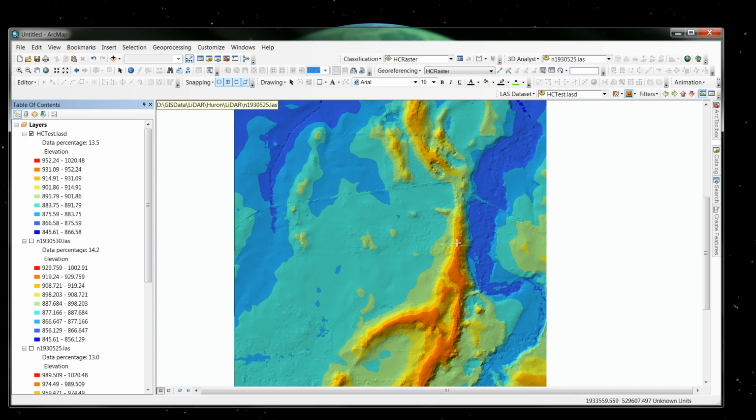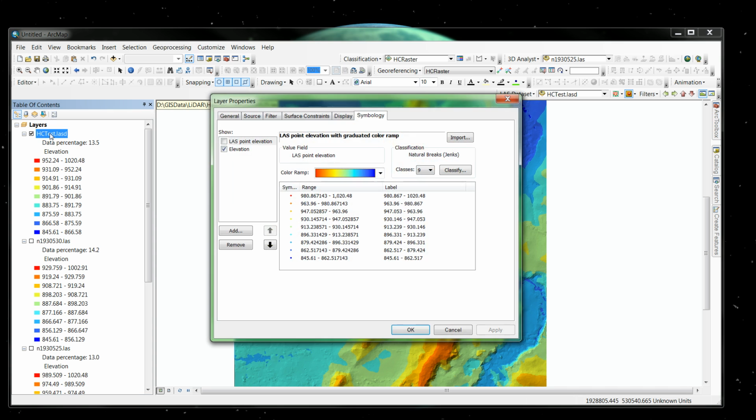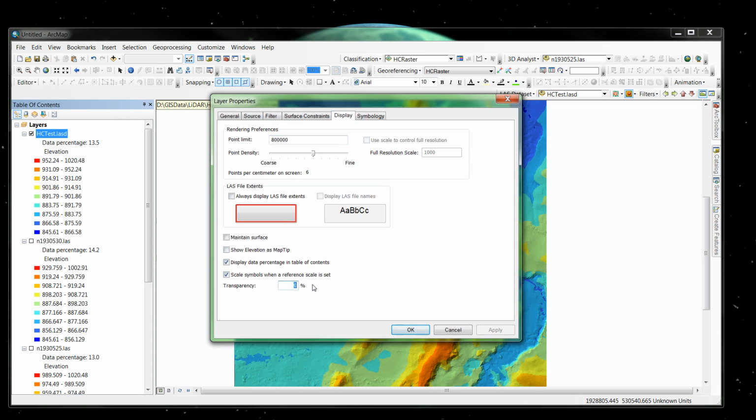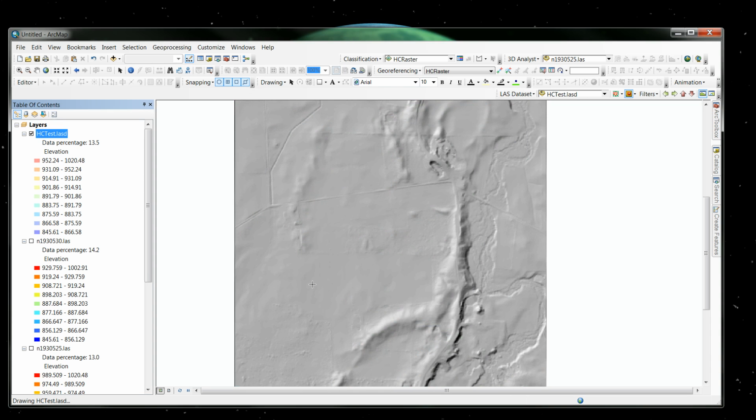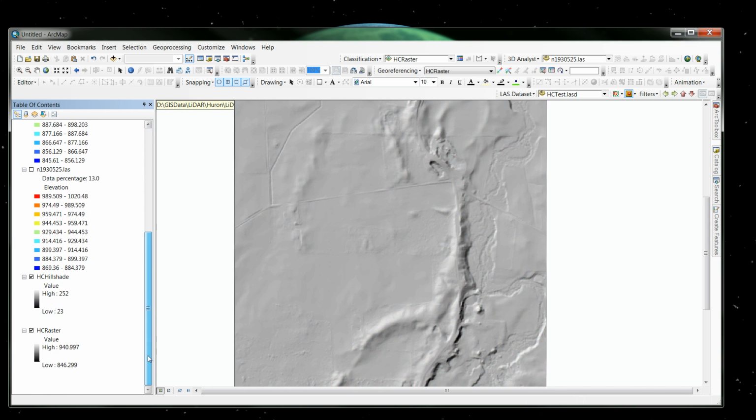Okay, you can go in and double click your LAS data set, choose elevation, go to the display, and you can change your transparency to 60% or whatever you wanted to, and it kind of gives you a nice looking hill shaded 3D map. Now the other thing that you can do, now that you have this raster, is we're going to move the raster up on top of the hillshade,